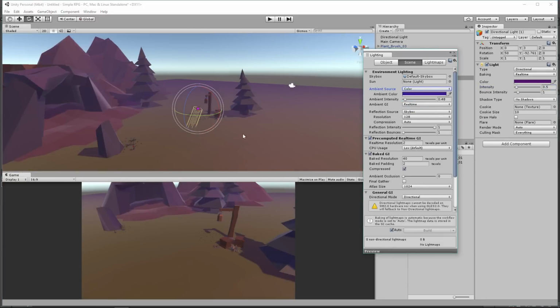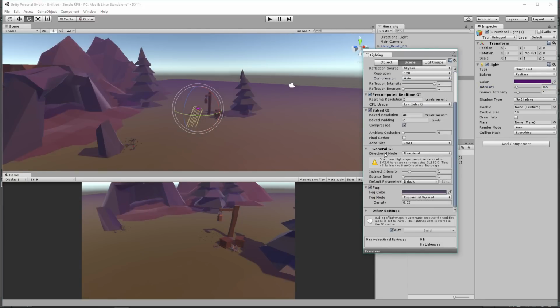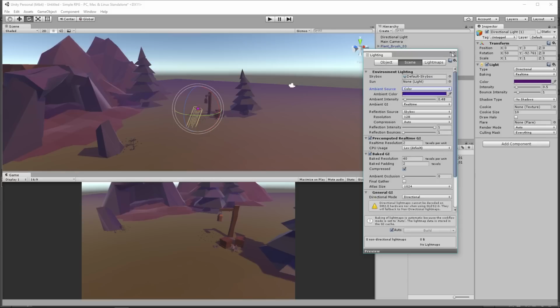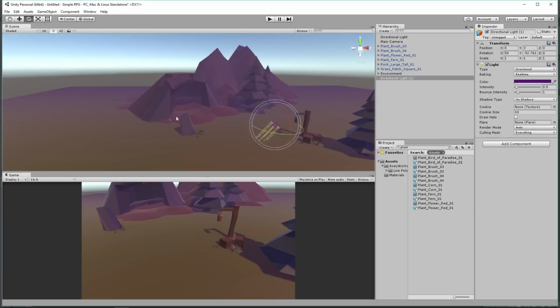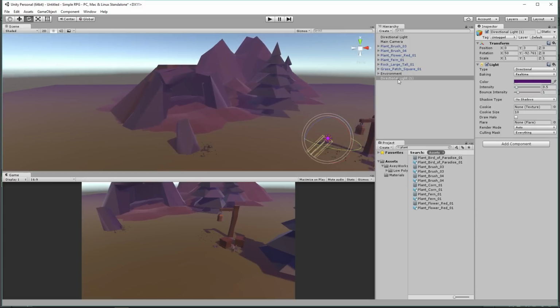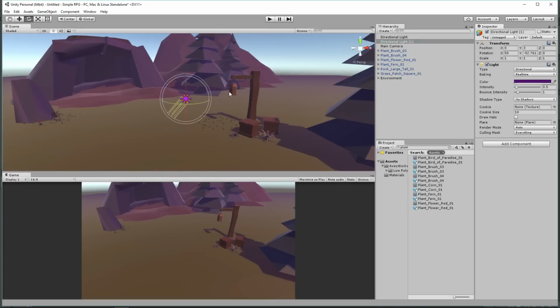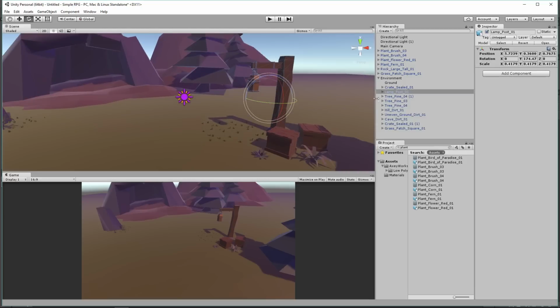Let's get with the color. And one thing I want to do is we're going to mess with this in a little bit when we work on the ambient occlusion and whatnot. But for now, what I want to do is I'm going to set up the light. It's going to be on our lamp post here. If we go to our lamp post,